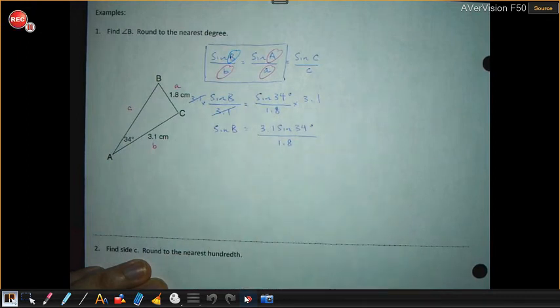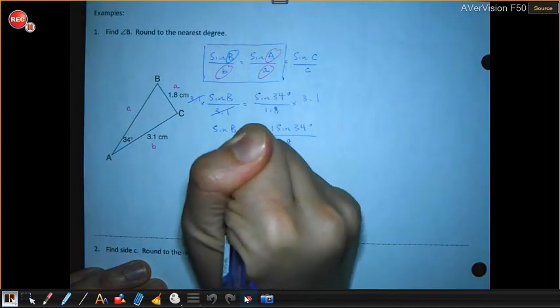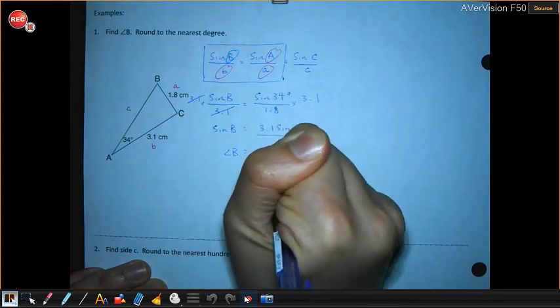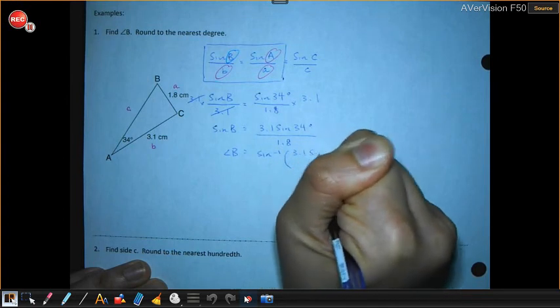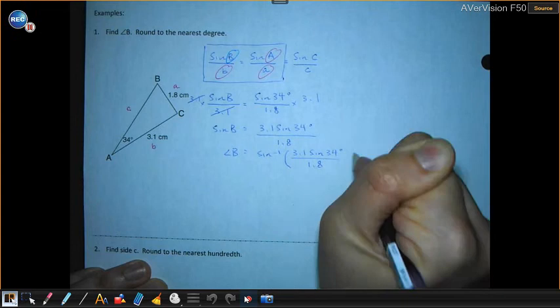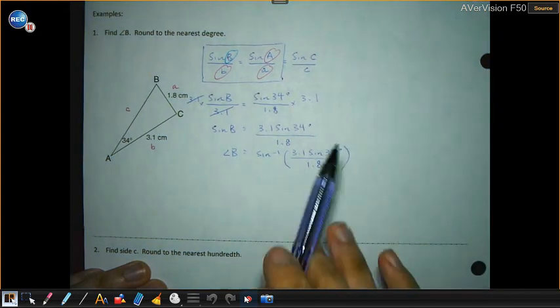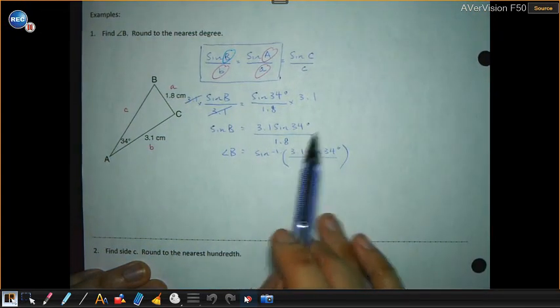Okay, so back to right triangles. When we're solving for an angle, remember we use the sine inverse. So we'll take the sine inverse of whatever this number gives us to get what angle B is. Now with some of your calculators, you cannot enter this in. So what I would do is